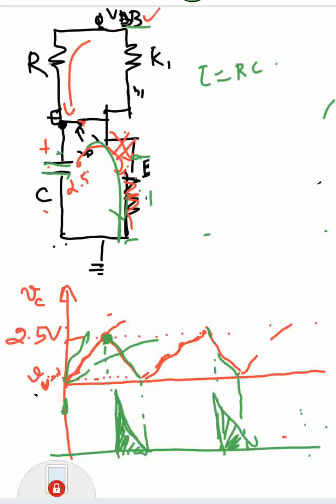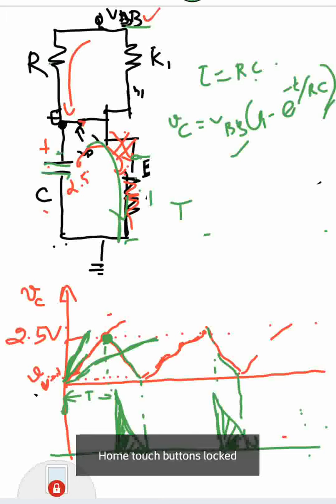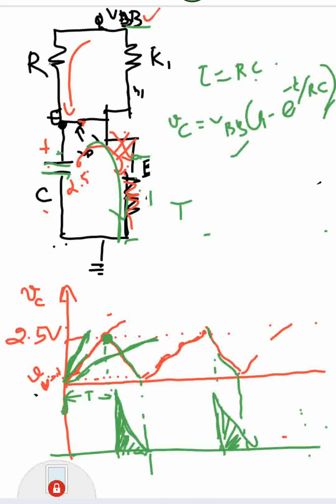Okay. So the charging VC is equal to VBB into 1 minus e raised to minus t by RC. This expression you will be knowing, because in the case of a capacitor RC circuit with a DC supply, this is the expression for charging. The capacitor voltage charges in this way, and you can adjust the slope of this charging by adjusting the value of the capacitance. Okay, so when you solve this expression, finally you will get an expression like this, the time period of the pulses.